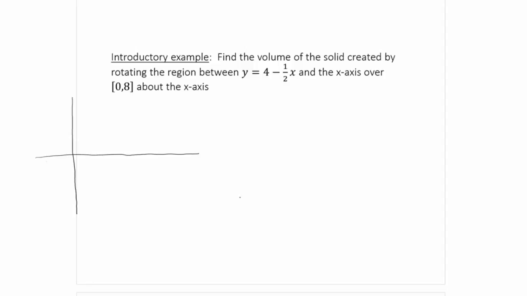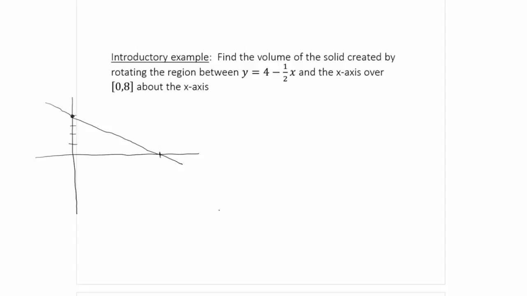4 minus 1/2 x. Okay, so it has a y-intercept of 4, and the slope is negative 1/2. We can figure out that the x-intercept is 8, actually. And so we have this line, y equals 4 minus 1/2 x. So let me draw this line. There's a line